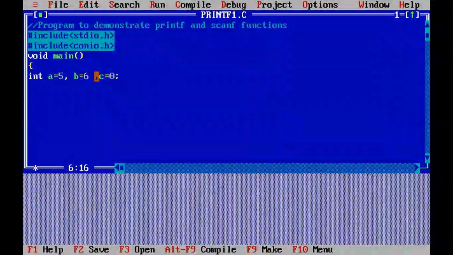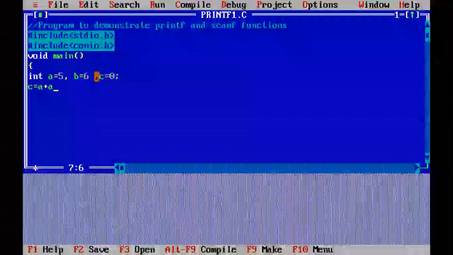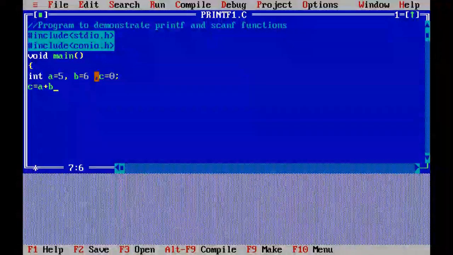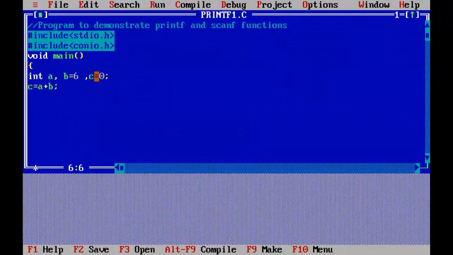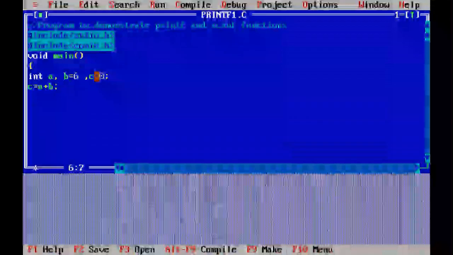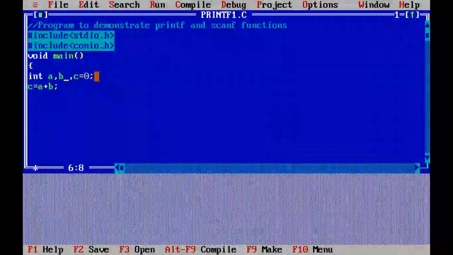Now we can use the mathematical operator and assignment operator to add the two values, a plus b, and print the result. But here, with the help of the scanf function, I am going to demonstrate how we can read values from the keyboard.